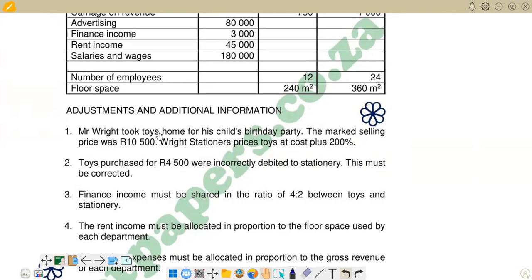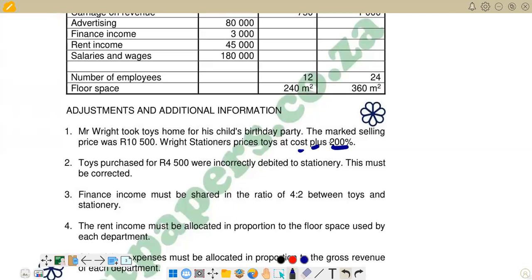Mr. Right took toys home for his child's birthday party. At market selling price it was 10,500 rands. Price Stationers prices toys at cost plus 200%. So what does it mean? It means this 200% that you are given. Remember, they are saying cost